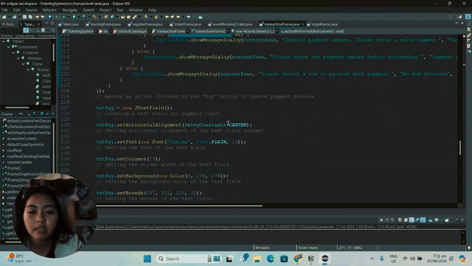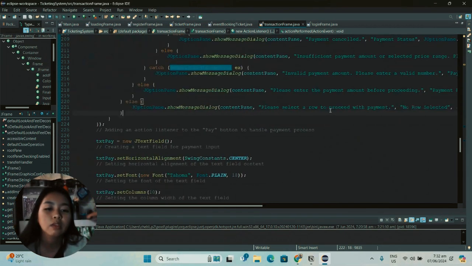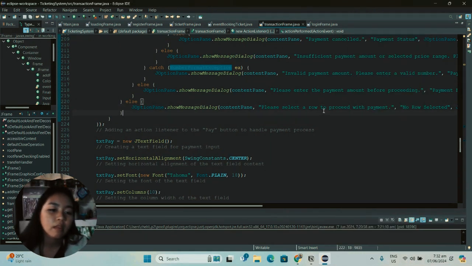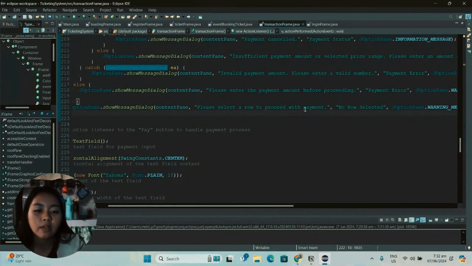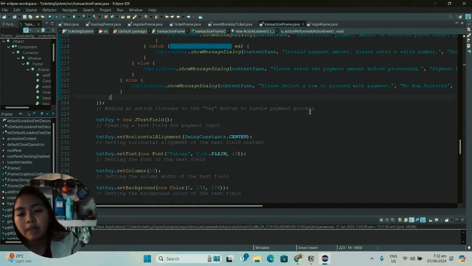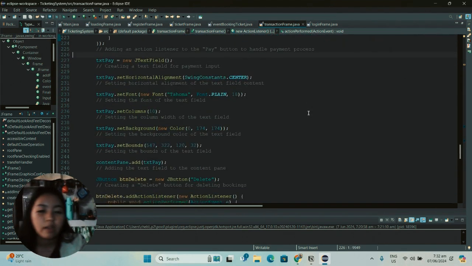So that is it. And in case the user hasn't picked a row yet of what he will pay, this validation will let the user know that the user has to select a row to pay.